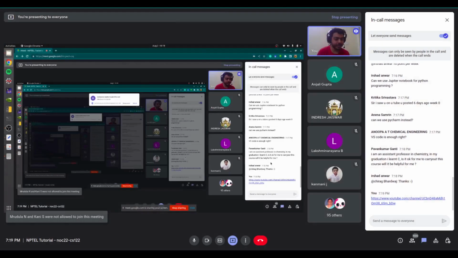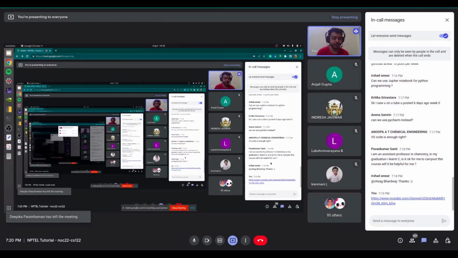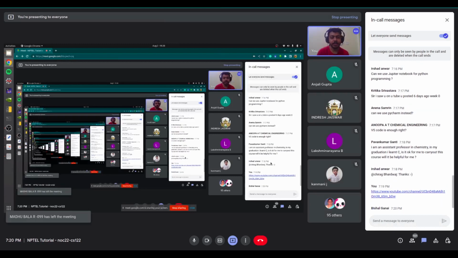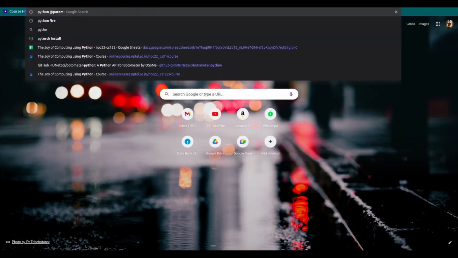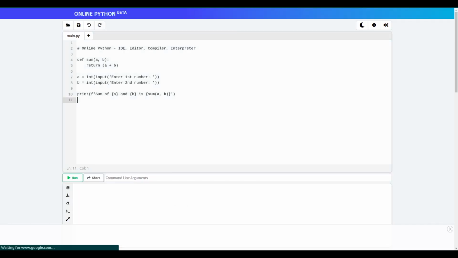Can we use Jupyter Notebook for Python programming? Yes, surely you can. If you know how to use Jupyter notebooks, you can use them. Even if you don't want to install, say, Anaconda on your system, you can find some online programming sources. You just search for Python online, and you will find many websites where you can type your Python programs.